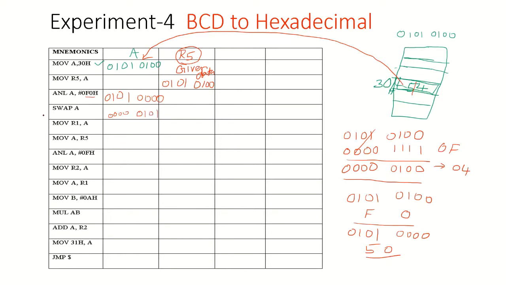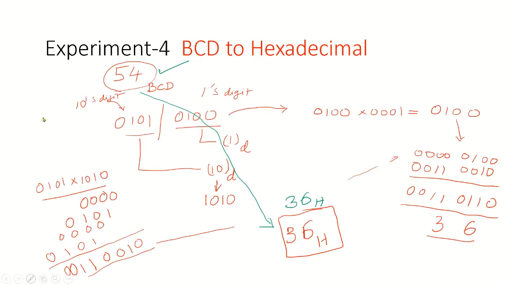So now we see what this instruction is doing. 5 0 is changed to what? 0 5. 5 0 is changed to 0 5. That swapping operation is done here. Why do you want to change this 5 0 to 0 5? Because in the manual calculation, we did the multiplication part separately. We took 4 separately and multiplied it with 1. And we took 5 separately. We have separated 5. It is not 50 actually, it's 5.